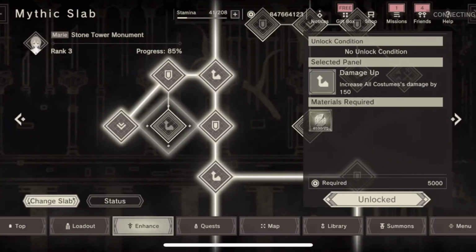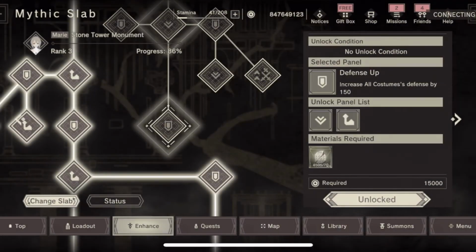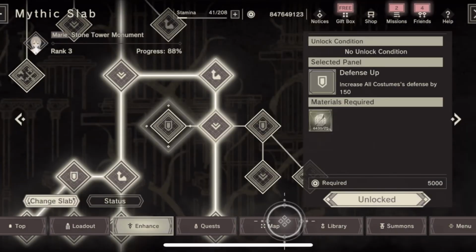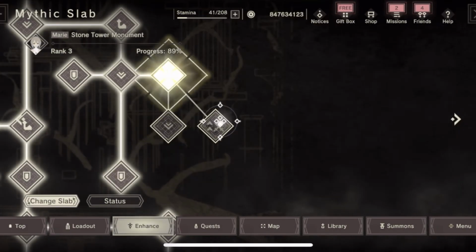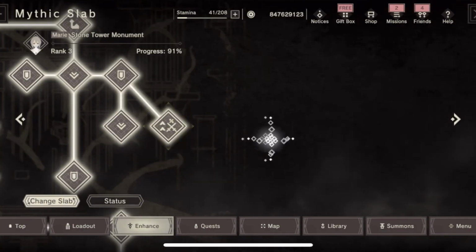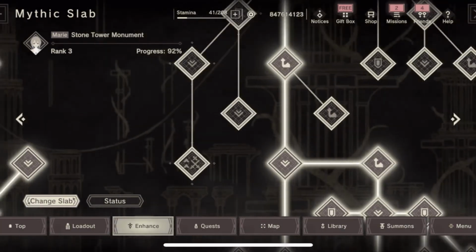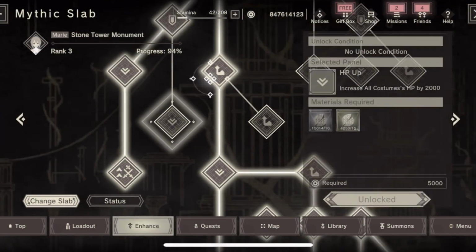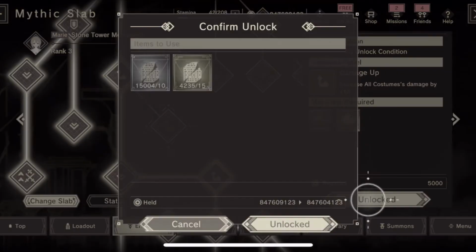And I think I can show it to you once we go to Yurie, because then I will upgrade them and show you basically how to be efficient with your Mythic Slab. Don't overspend them, because especially for new players there's so much to upgrade and you only have a limited amount of resources available to you, so you gotta pick and choose